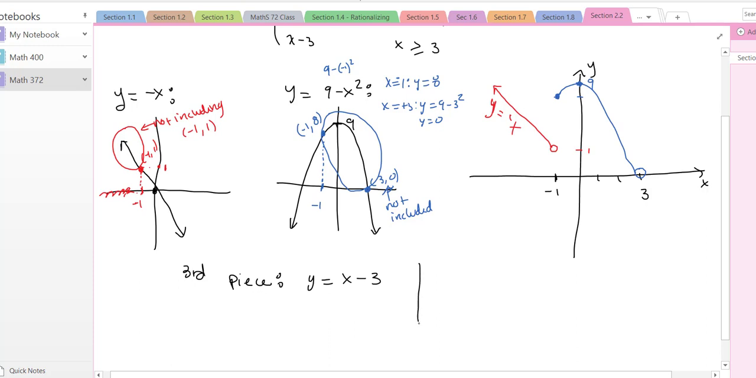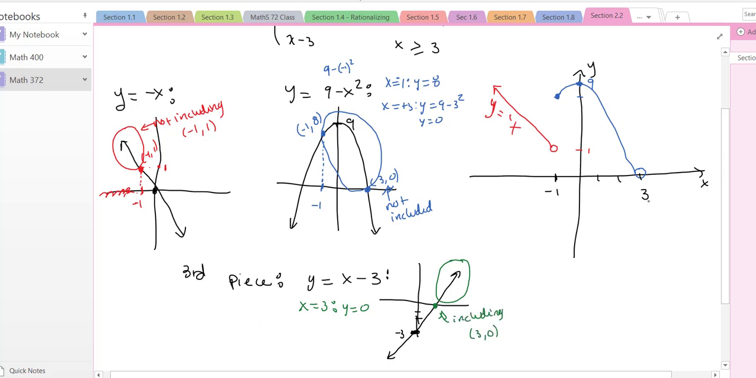So x minus 3 on its own has a y-intercept of -3 and slope 1. So it goes something like that. And again, my split point is at 3. So I'm going to go, when x is 3, what's y? When x is 3, y is equal to 0. So that's that point. And I want when x is greater than 3. So this point, including this point,